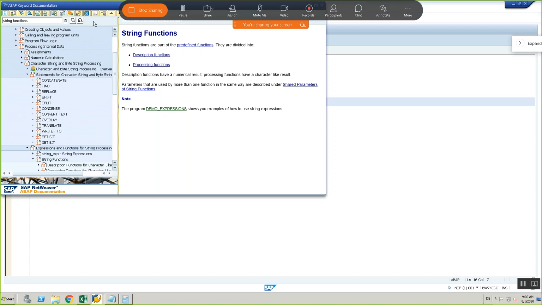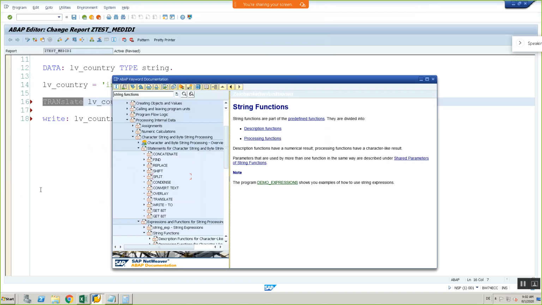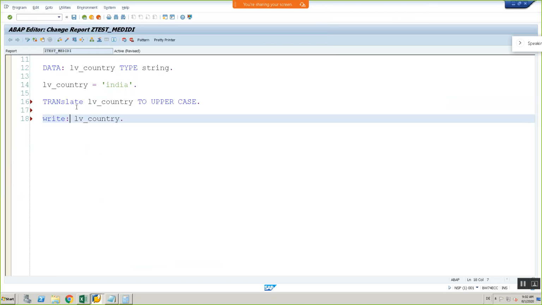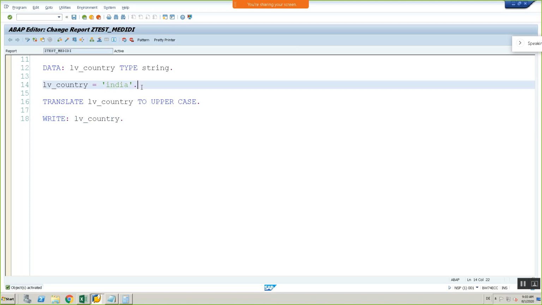Okay, fine. We don't need to waste time now, it's enough for you. So what did I do here? I'm clicking on Pretty Printer. Now all my keywords will be turned into capital letters, TRANSLATE and TO UPPER CASE. Clicking on check mark and clicking on activate button. Executed.